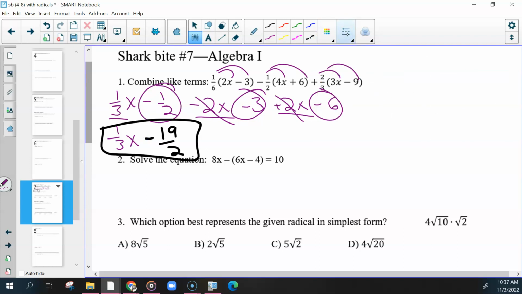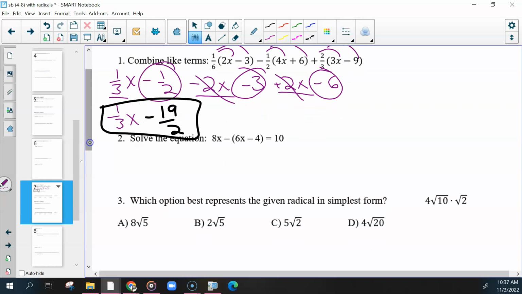You may have seen problems like this before in 8th grade, because I know you talked about solving, but I don't know to what extent. But we're going to do some more solving today. So if this were a normal combining problem, we would distribute the negative out in front. So let's do that. And then with